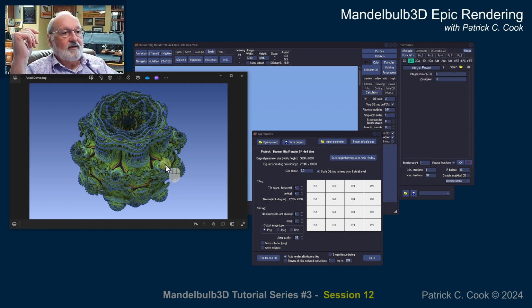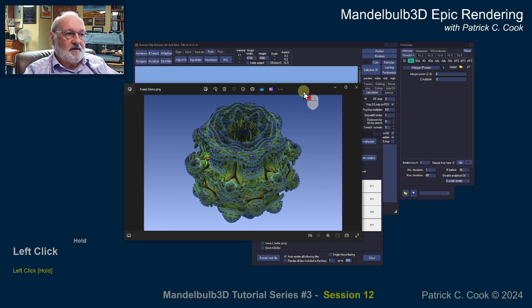That's the key. The key to all of this is that we have the ability to not only make some really cool Mandelbulb graphics, but we have the ability to get them rendered out with native pixels, not interpolating after the fact with another piece of software. Native pixels that can be rendered out using the tiling method, and then remerge them back together again to give us this perfect reassembly of all of these